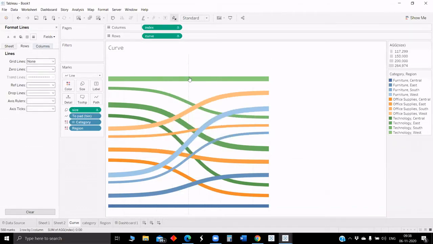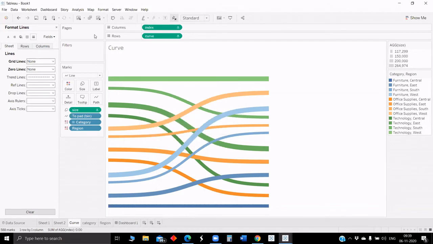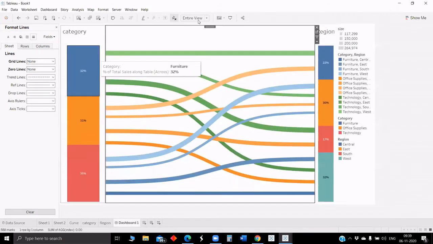And there is a zero line which is visible in the center. Yeah, okay. So now the curve is ready. We got to do some formatting on this one.